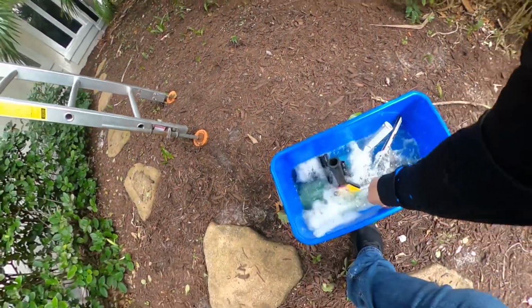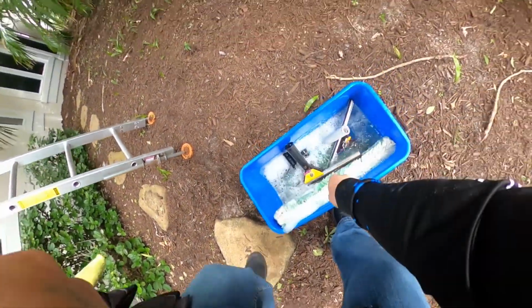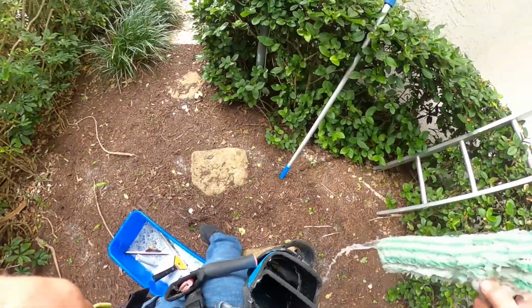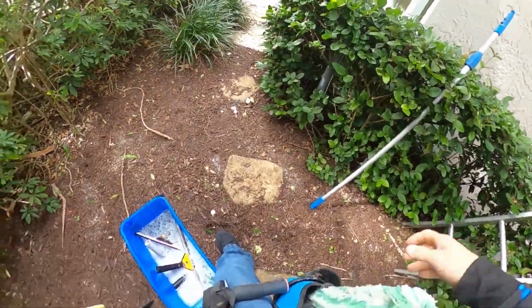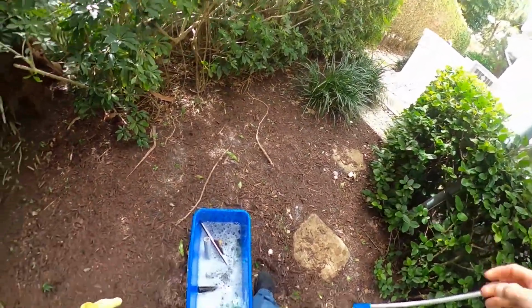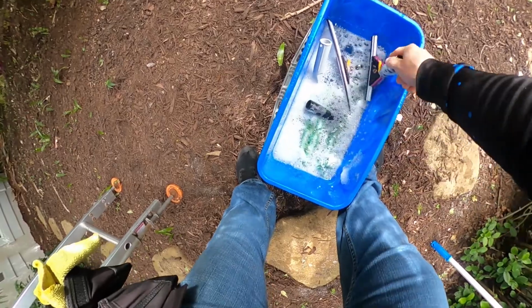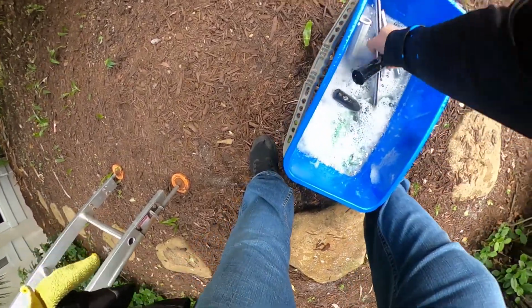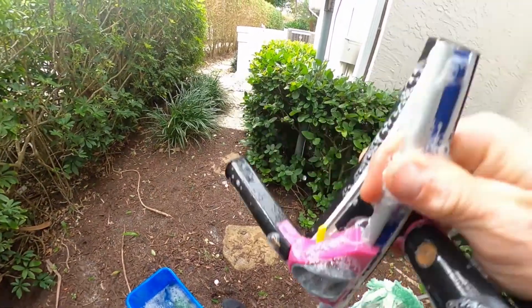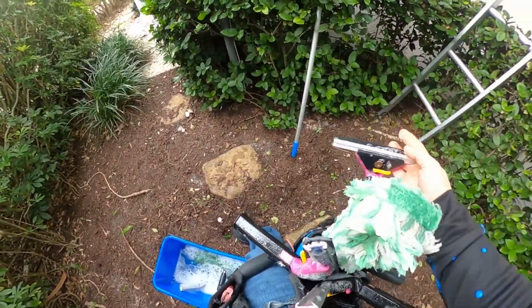In this video, I want to go over what it looks like to gather your equipment and to clean windows on top of a roof or a balcony. I made sure that I got a really wet mop, and I'm grabbing 3 different size squeegees. That way when I get on top of the roof, my mop doesn't go dry, and I have all of the different size squeegees that I may or may not need, just so I don't have to make multiple trips